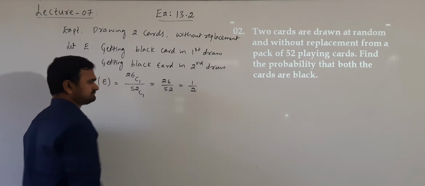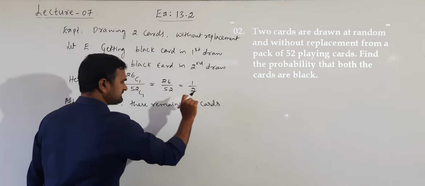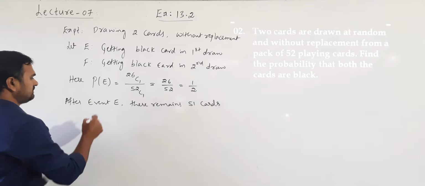Next, it is without replacement. Now one card is drawn. Now what is remaining? So after first event, there remains 51 cards, because the drawing is without replacement. So there are remaining 51 cards. In that 51 cards, one black card is already drawn. So it is remaining black cards. There are only 25 black cards, because one black card is already drawn. Now,